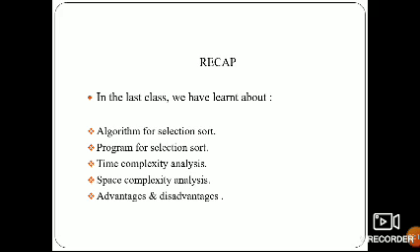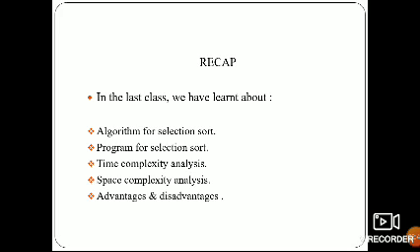How many passes do we have to do? For n elements, selection sort requires n minus 1 passes to complete the sorting. In the first pass we place the first smallest element in the first location. After completion of the second pass, the second smallest element is located at the second place.